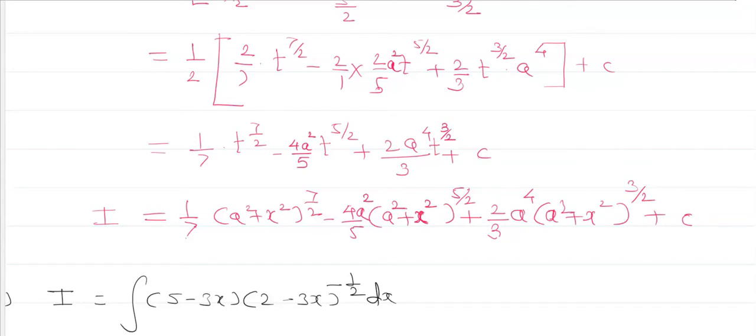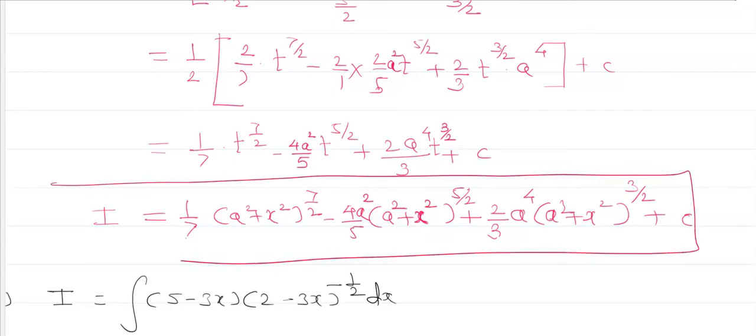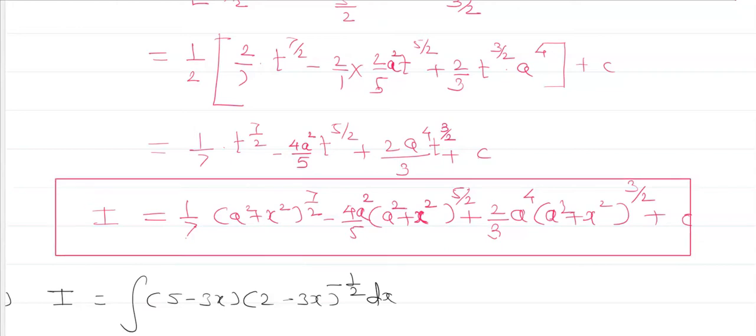Now see this, our answer is 1 by 7 (a square plus x square) raised to 7 by 2 minus 4 a square upon 5 (a square plus x square) raised to 5 by 2 plus 2 by 3 a raised to 4 (a square plus x square) raised to 3 by 2 plus c. This is the final answer, and I can write this in this bracket. Okay, now the next is,